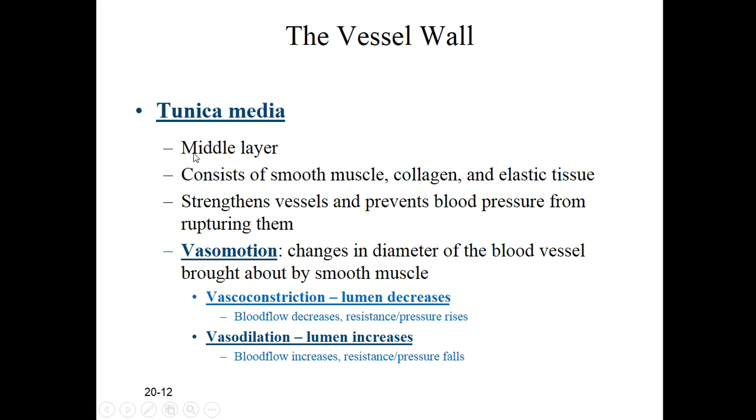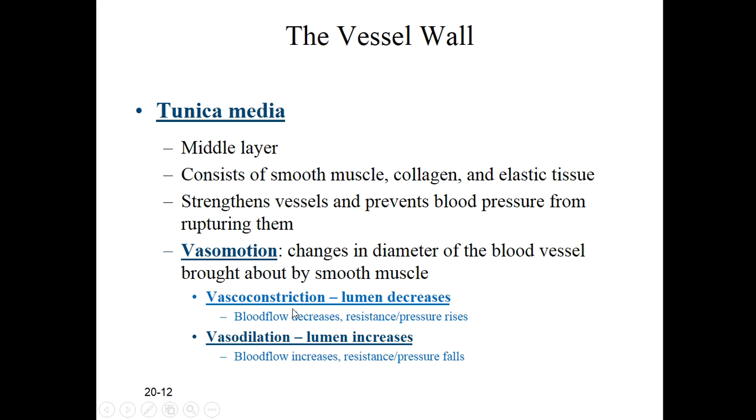Tunica media, we talked about this, the muscle layer and its ability to squeeze down or to relax. And this is at the absolute foundation to understanding blood pressure regulation. If your blood pressure is too low, your brainstem zaps the tunica media and it constricts. Vasoconstriction, increasing the pressure. Well, why don't we want that all the time? Well, it's the downside. You're going to deliver less blood to the tissue if you're vasoconstricting. So you can keep your blood pressure up, but you've got to balance it with the ability to deliver and